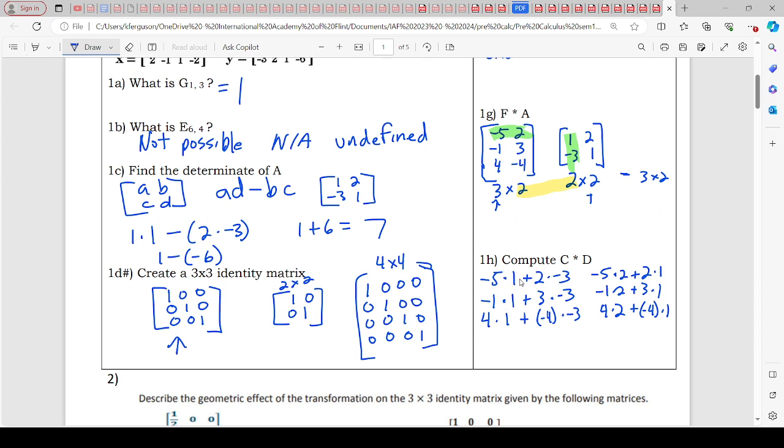So now I got to start working this out. So negative 5 times 1 is negative 5 plus 2 times negative 3. So that's negative 5 plus negative 6. So that's negative 11. Matter of fact, let's just write it. Negative 5